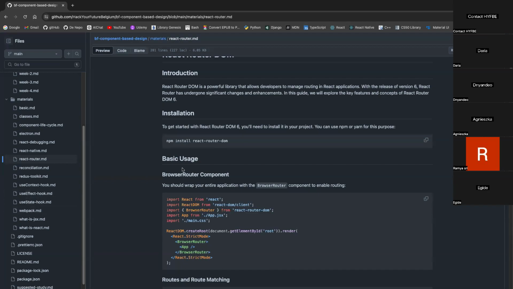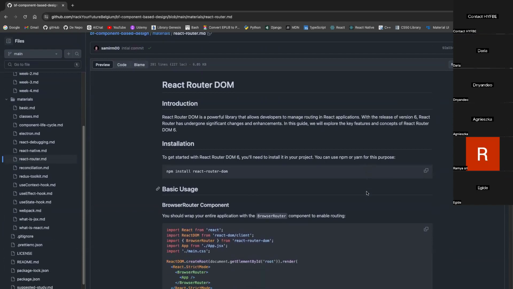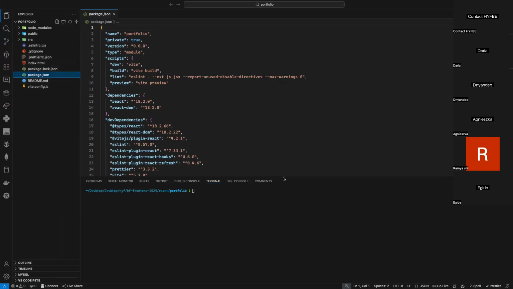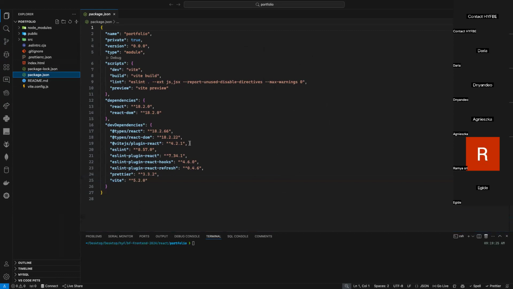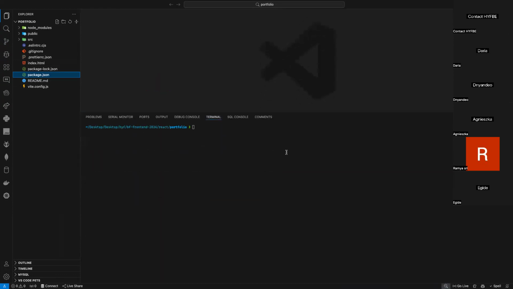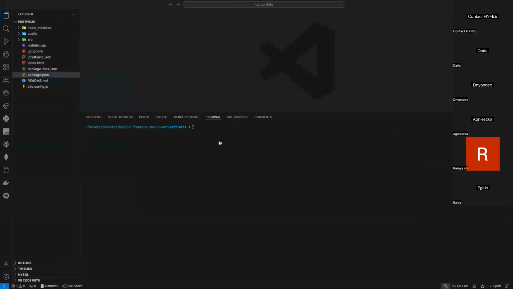So, as you know, we work a little bit with React Router DOM. So what was the first step to use React Router DOM? What should I do? I have a new project, as you can see. And in this project, if I go to package.json, currently I have nothing at all. So what will be the first step to use React Router DOM? Install dependencies. Indeed. So I need just to go here, click npm I React dash router